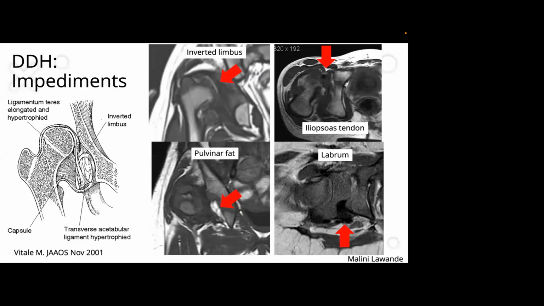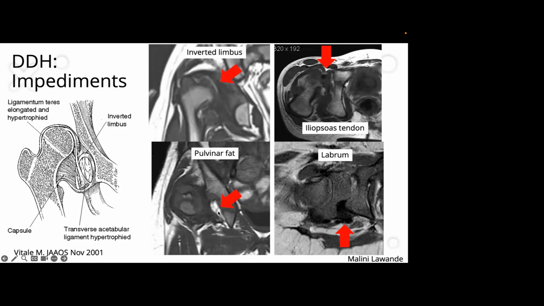DDH is another condition for which we often get MRIs done. And in this case, most often, rather than making the diagnosis of DDH, which you've made on radiographs or ultrasound in the past, you're trying to determine whether there are potential things that could obstruct your reduction. Also, post-reduction, you're trying to see if by any chance, even though you've reduced them, those structures have come in the way. So here, for example, most of you are familiar with this anatomy, but you have sort of an inverted limbus here. And you can see here this inverted limbus getting in the way of this femoral head coming back into this